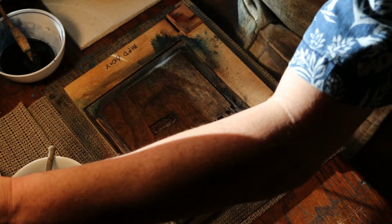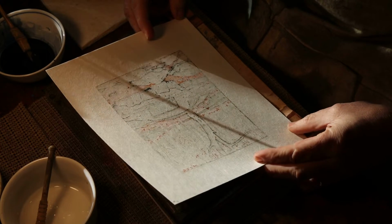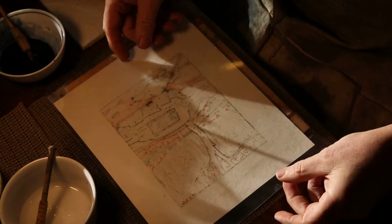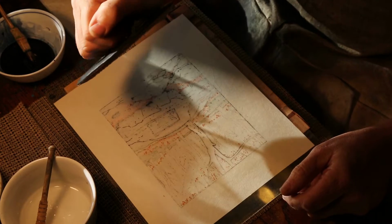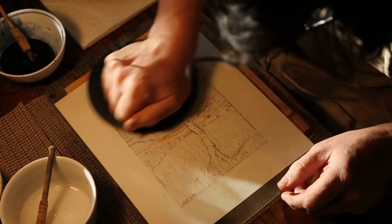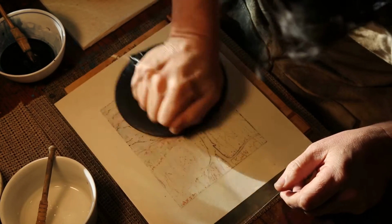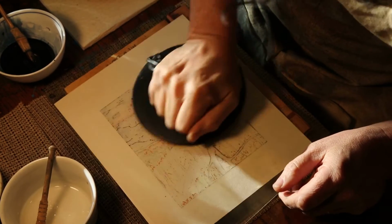Alright, so here comes my sheet. Of course, fitted in the Kentos. I've got a cover sheet that's just a piece of acetate, and I want to use my ball bearing baren to create a lot of pressure here. You really need some elbow grease to get that to be a nice smooth